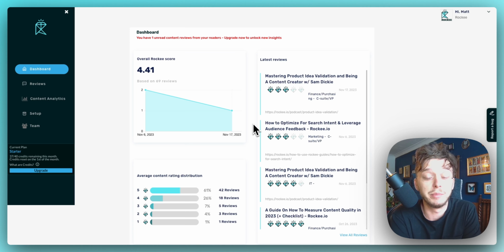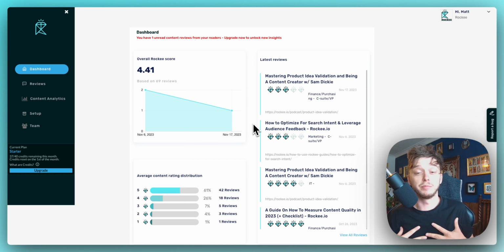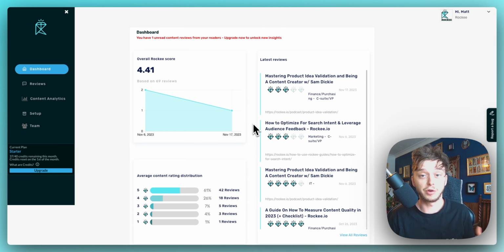When we started building Rockee a year or so ago, the problem we were trying to solve is that content marketers guess from analytics data. My background is in performance: what works, what doesn't, and how can we make things better. I always got frustrated because a client or user would ask, how good is the content? And I'd go into a GA4 dashboard, look at some numbers, and guess. I'd look at dwell time, bounce rate, and go, I think it's going well, or it could be a bit better. I had no way of giving feedback as to how you could improve that content,